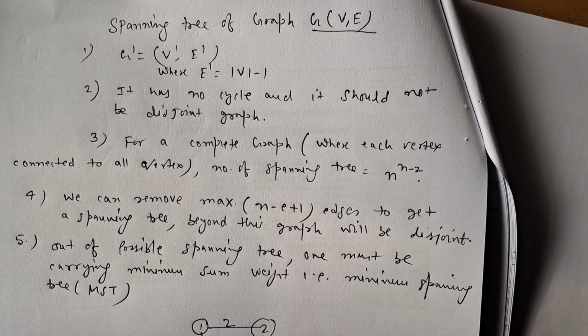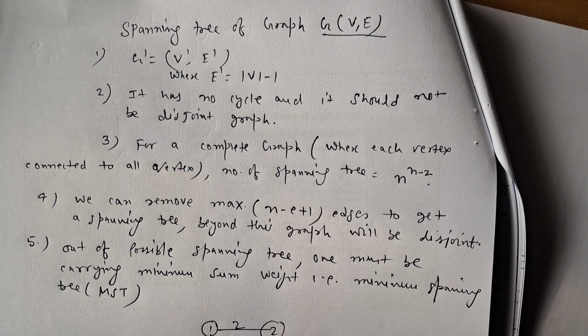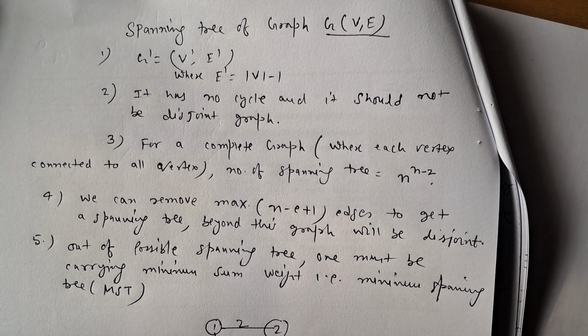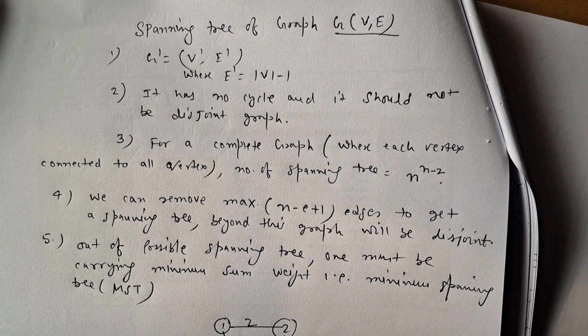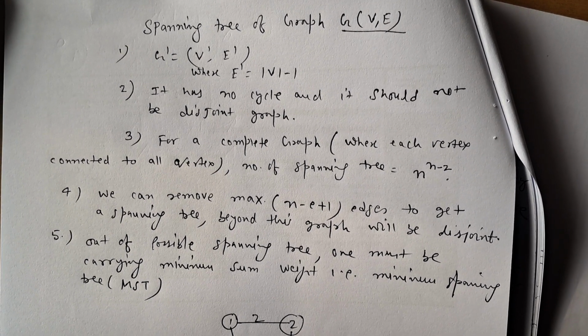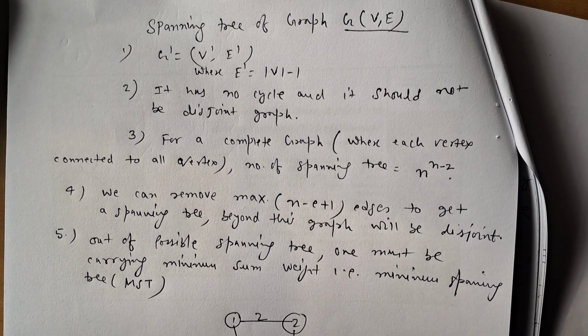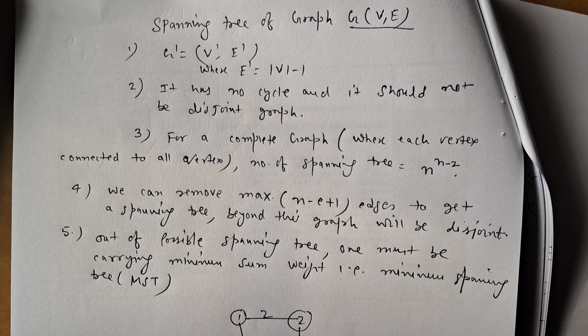So today we will see what the spanning tree of a given graph G is. Graph G is normally represented with vertices V and edges E, so G is represented in the form of (V, E). A spanning tree is basically another graph, let's say G', which has vertices V' and edges